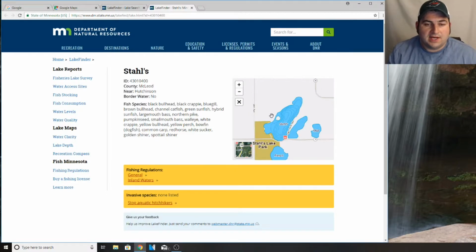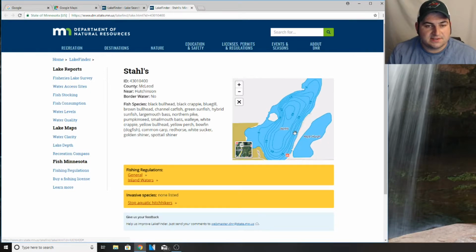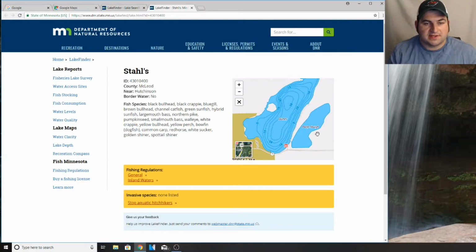Now, kind of in the middle of the screen here, at least for me anyways, it has a kind of topographical map of it. And if we zoom in, this is kind of nice to look at. It actually shows you the contour depths of the lake. Now, a lot of depth finders nowadays have GPS built on them. They show all of this, so it's not necessarily something you really need to key on, but just getting a general idea of what the lake has and how it looks goes a long way when it comes to preparation